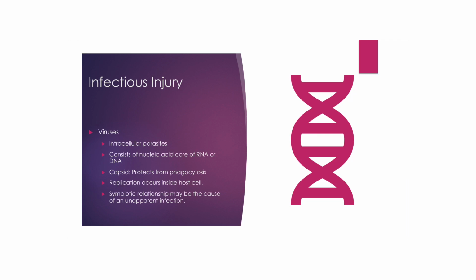The next type of invader we'll talk about is a virus. Obviously, we know a virus can cause infectious disease as well, which means it can cause an infectious injury. Look at a virus as an intracellular parasite. Just like a parasite needs a host to live, a virus needs a host to live. Without you, the virus won't live. But the problem is, when somebody becomes infected by a virus, that virus begins to propagate and try to divide, and it'll actually replicate inside the living cells of the person that's become infected by the virus.